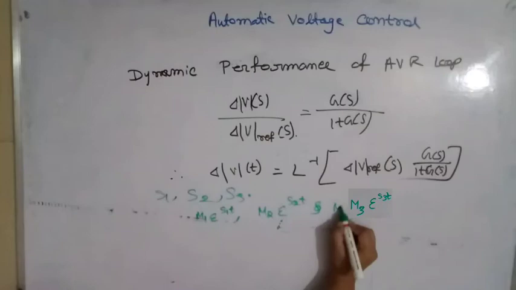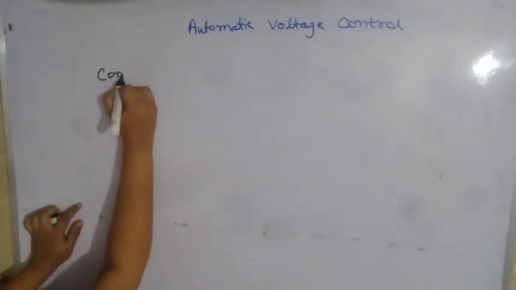For the AVR loop to be stable, the transient terms should die out with time. This is possible if all the three roots are located on the left hand side of the S-plane. A high-speed loop should possess the location of roots at the left hand of the S-plane with dominating real values. Compensation in AVR loop.